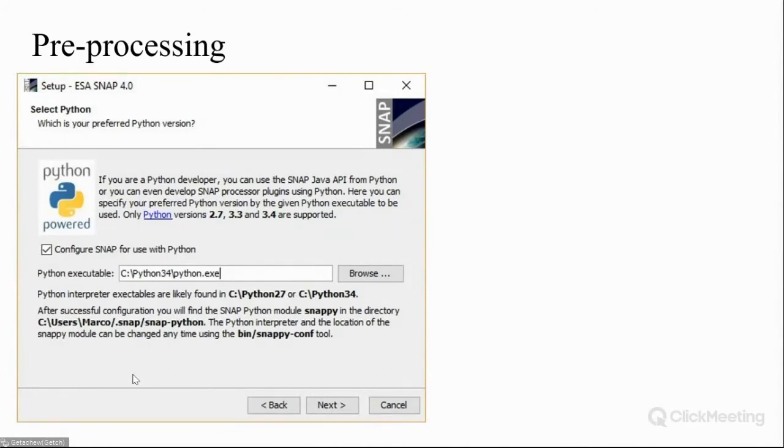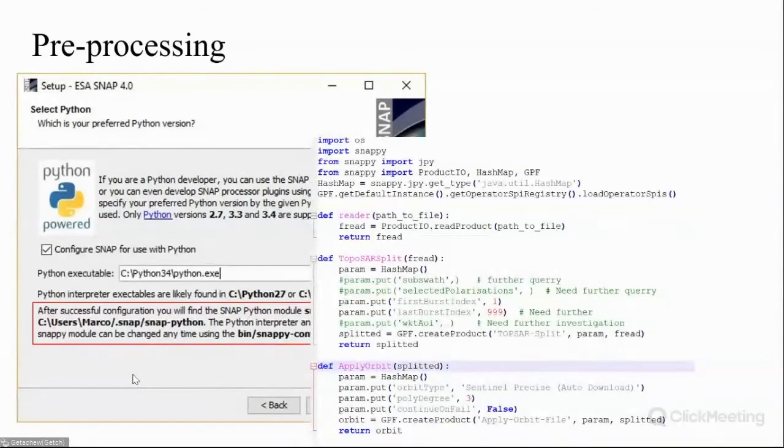So if you want to integrate with your Python environment, either in your Jupyter notebook or on your command interface, when you install the software, it asks you whether you need to integrate Snappy Pi in your system. You can say yes, or if you already have it installed, you can also integrate it later after the installation. Once you integrate Snappy Pi with ESA Snap, you can directly use all the functionalities provided by ESA Snap in your Python command line interface or Python programming interface.